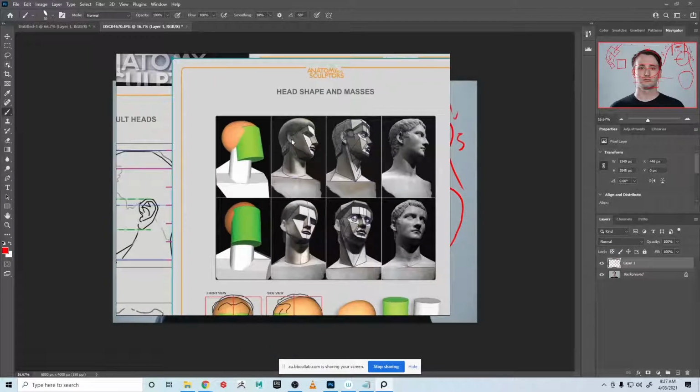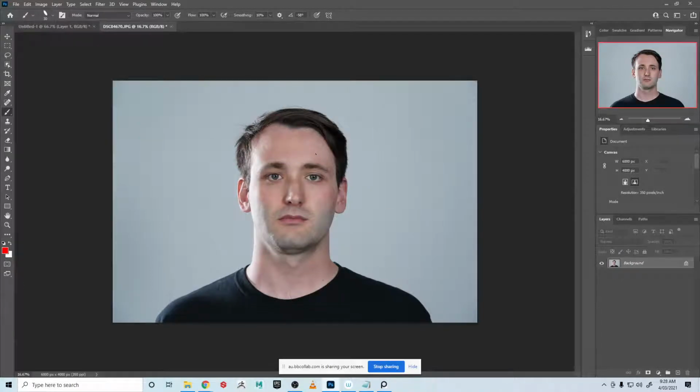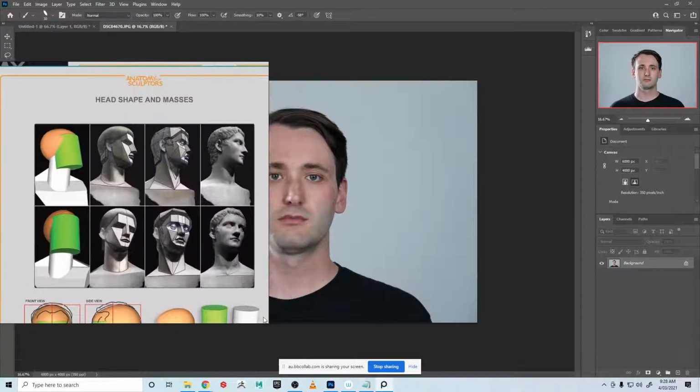Now, this is really helpful and cool, right? But until you start to be able to see this on actual faces, it can be a little bit kind of mystifying to what I'm talking about exactly. So what we'll do is we'll start to have a look, right, at finding some of these forms on actual photos. So, you know, I've got my face here. We've got my PureRef here. So let's just